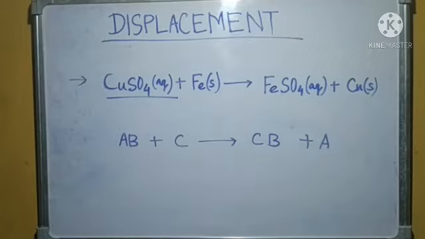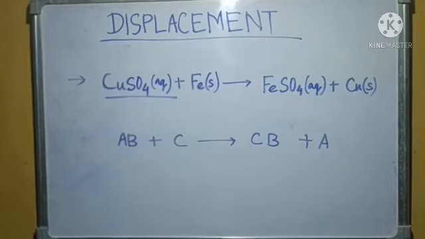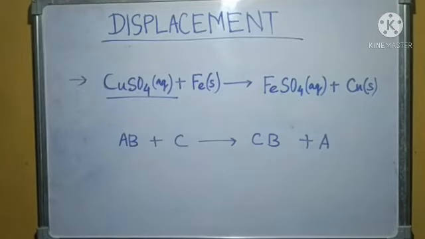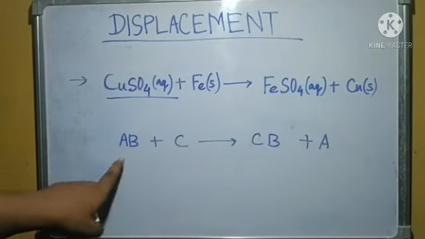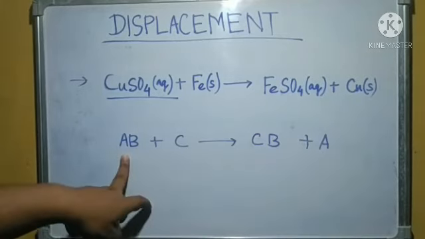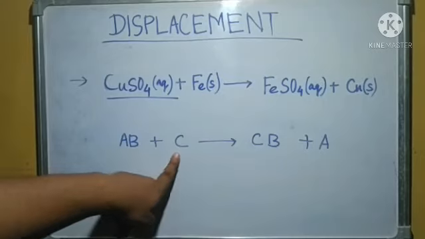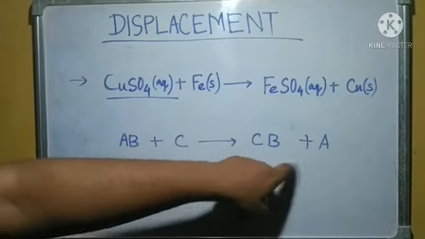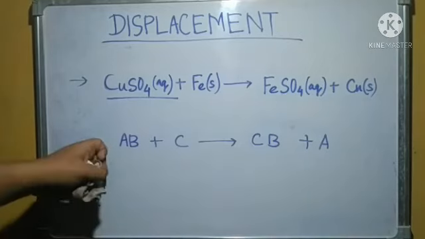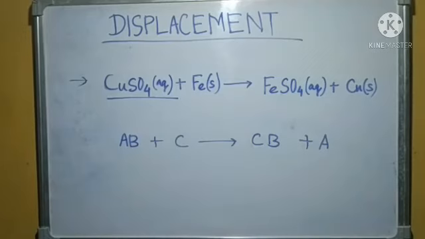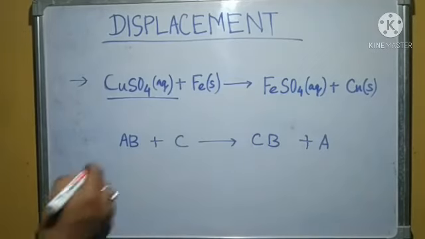Clear? So if we compare this reaction to a general schematic form, a general chemical equation. This is a general equation where I am considering two chemical species here. First AB, which is a compound, C is another chemical species, and CB is another compound, and A is another chemical species. Okay, so for reference AB is a compound,